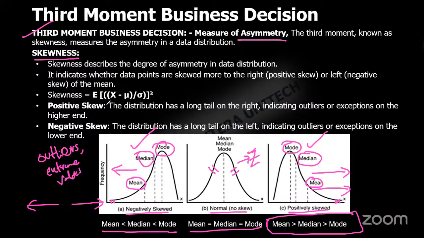And here is the formula for calculating skewness, guys: the average of (X minus mu) divided by sigma, raised to the power 3. What are X? X are nothing but the data values, the data points. Mu represents the mean of the column. And sigma represents the standard deviation of the column. In the back end, the formula gets executed and it returns the skewness.